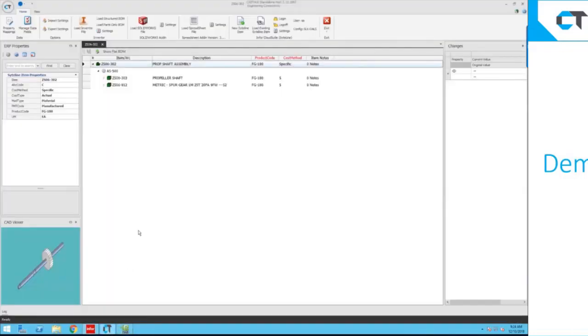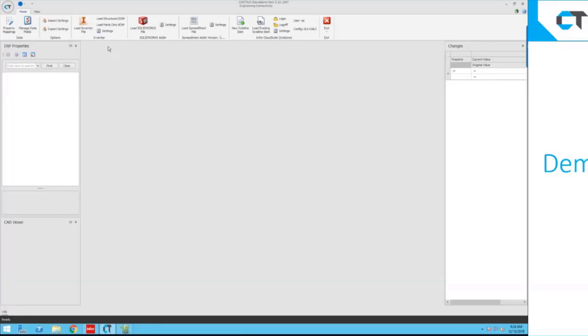So that's pretty interesting, but it's just a 2-part assembly. I just wanted to get the idea across of how easy it is to literally start with nothing in CSI, and all you have is a Solidworks model, and then bring the entire thing in all at one time, ready for production. So we can go from nothing to something very, very quickly and get to the shop floor in record time.